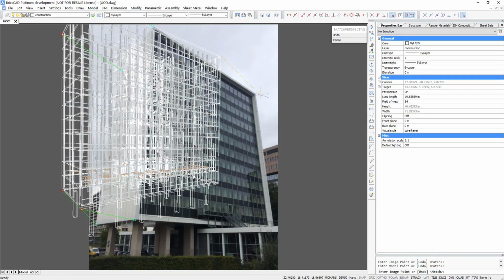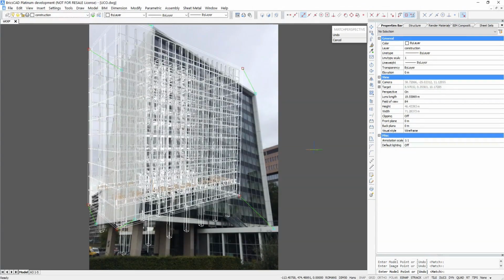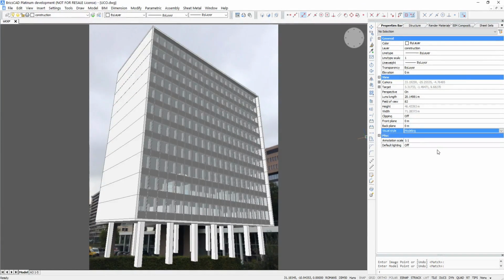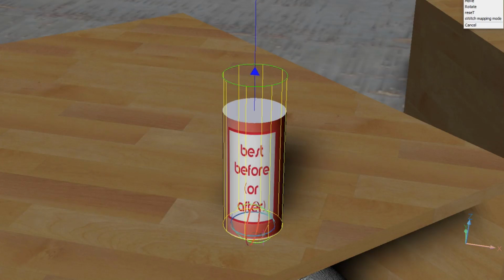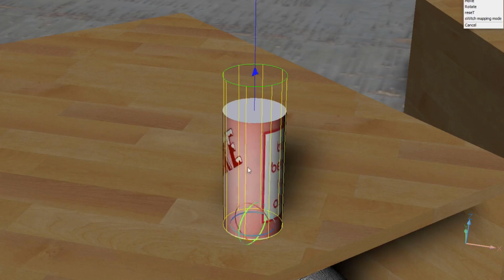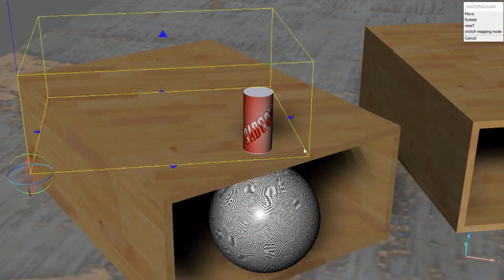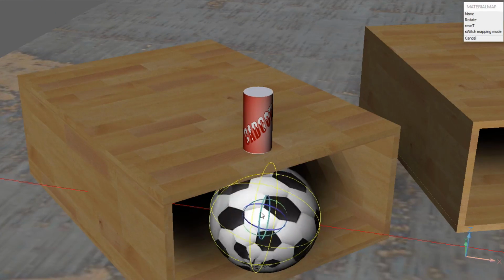Use Match Perspective to define how a background photograph and a digital model are related, and obtain a view in which your model is rotated and scaled to nicely fit in the background image. Control and adjust how rendering textures are wrapped around shapes by changing their mapping or alignment. Use the box option to wrap around boxy shapes, the spherical option for globe shapes,